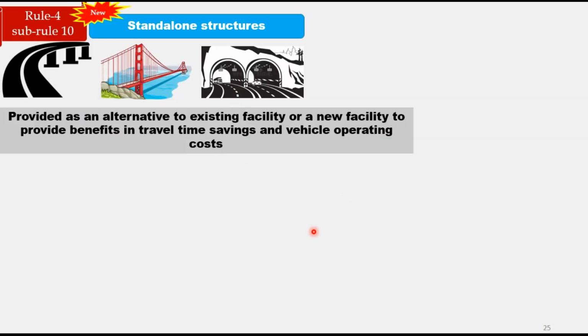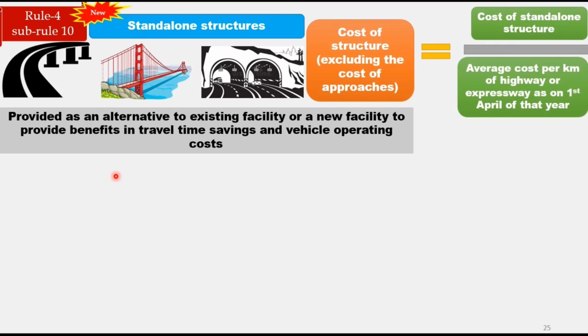Rule 4 sub rule 10 is also restructured, and the toll rate for standalone structures like bridge, tunnel or flyover can be calculated by converting the cost of structure, excluding the cost of approaches, into equivalent number of highway or expressway kilometers, and this can be done by normalizing the cost of a standalone structure by the equalization factor, that is the average cost per kilometer of a highway or expressway as on 1st April of that year. And these standalone